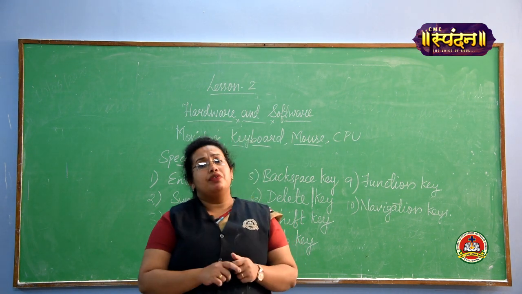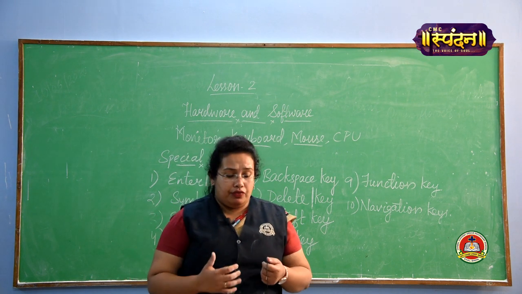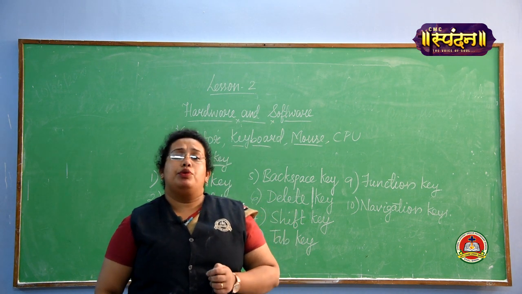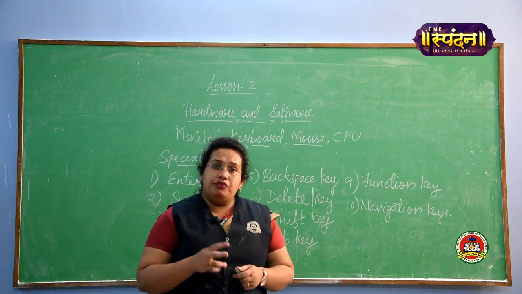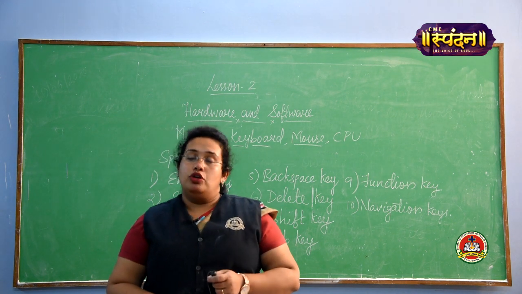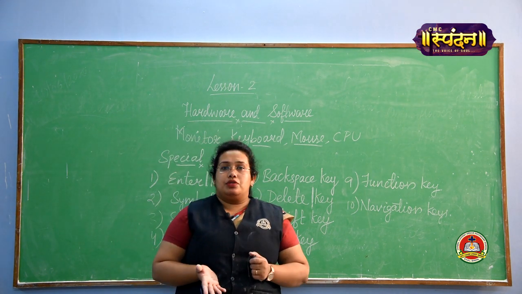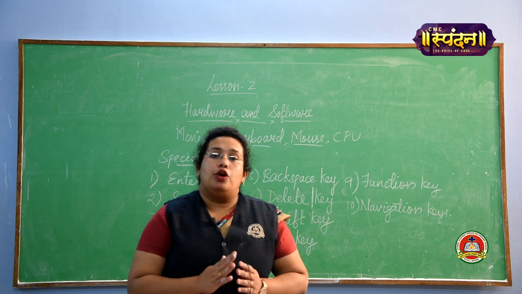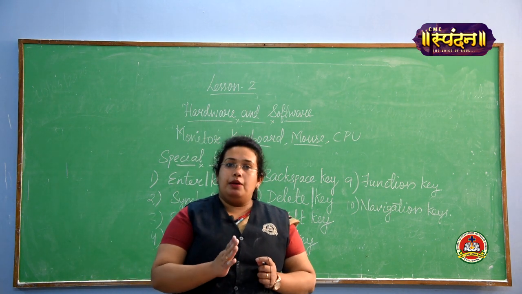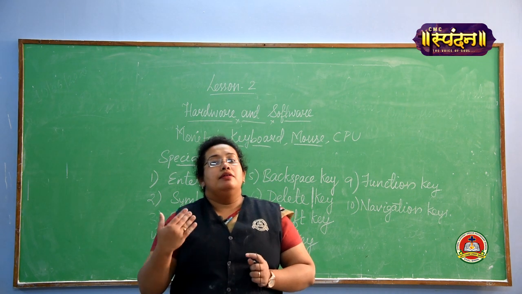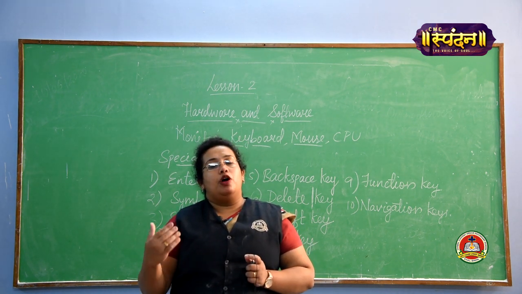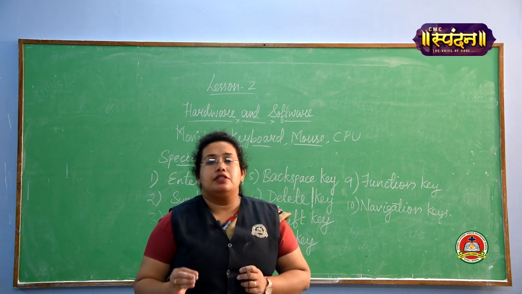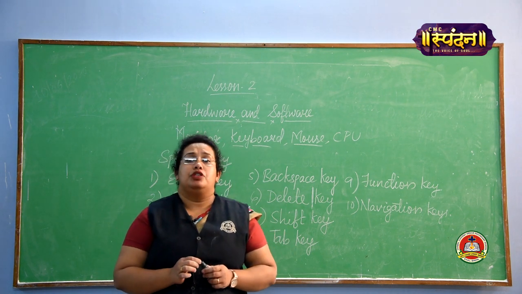So now we will revise again what software is. Software is a particular program or a set of instructions which we are giving to the computer to work. Software is of two types, application and system software. These two softwares we are using to make our computer work. Without system software we cannot work on a computer. That is a very important part of our computer. And application software means the software which performs only one task. So all these things are important to make our computer work.